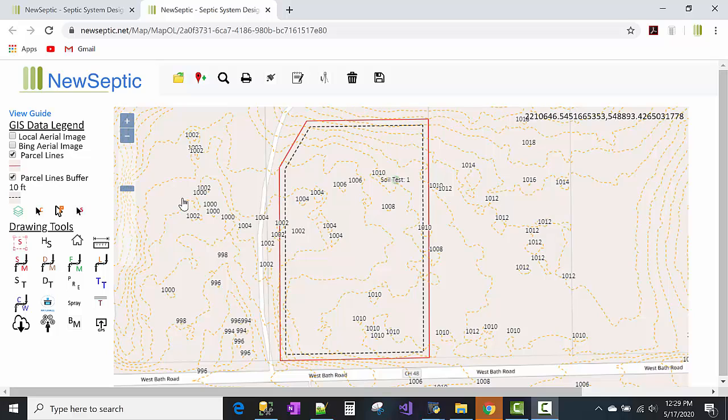And I want to make sure that that is not too extreme of a slope to put a system. So just depending on the area where you're installing this, the local regulations might have different requirements for your slope, but generally you want to keep the system less than a 12 or a 15% slope. So some areas it's different, obviously. So you have to check your local regs on that, but to measure the slope on NewSeptic's mapping application,